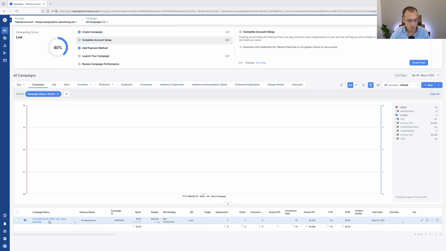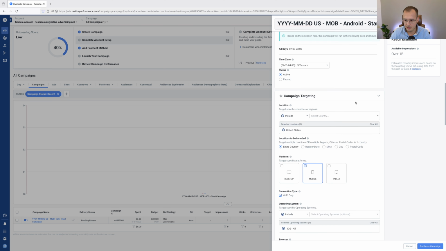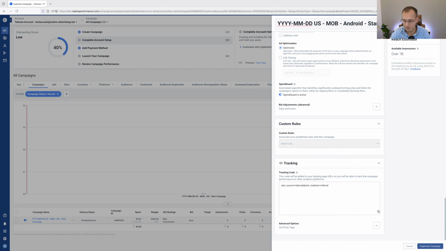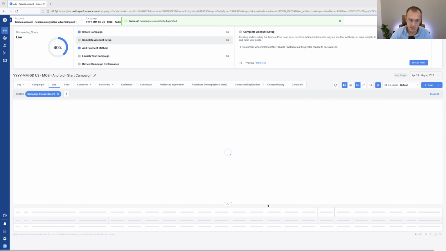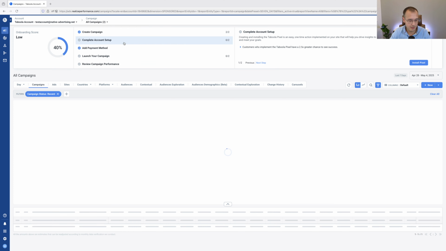As mentioned before, we've set up now the iOS campaign. I'm going to duplicate this campaign now because I want to set up, and this is the best practice, my separate campaign with Android. And for this, I just go down here, delete iOS, select Android, and the rest I keep exactly the same. The budget, the ads, everything is the same. I just hit the duplicate button,